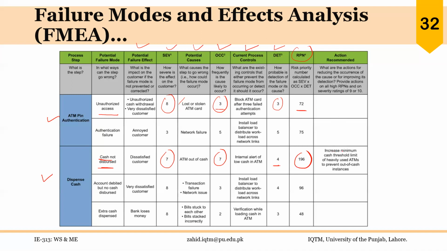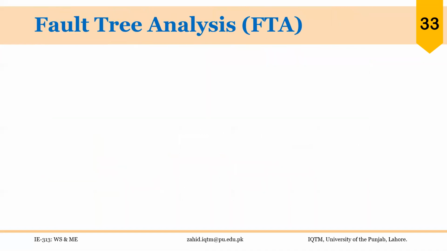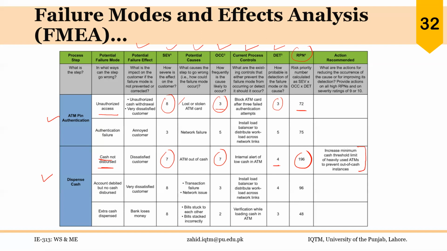And what are the actions recommended? Increase minimum cash threshold limit of heavily used ATMs where there are more customers using the machines. So we can prevent this problem by increasing the amount of cash for heavily used ATMs. So this is a very important tool, and that helps us prioritize the problems and sequence and take actions according to a certain sequence based on the risk priority number. So it could be used for products, services, for product design, and for